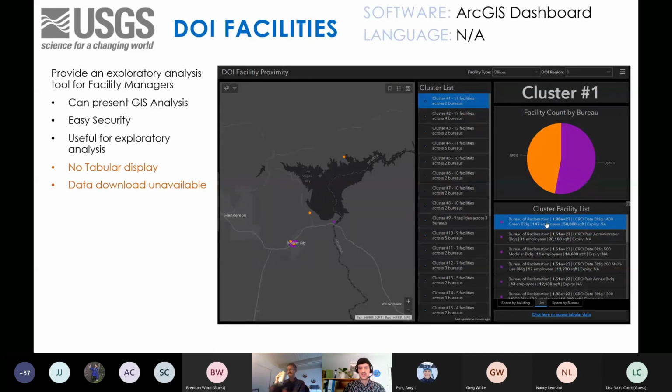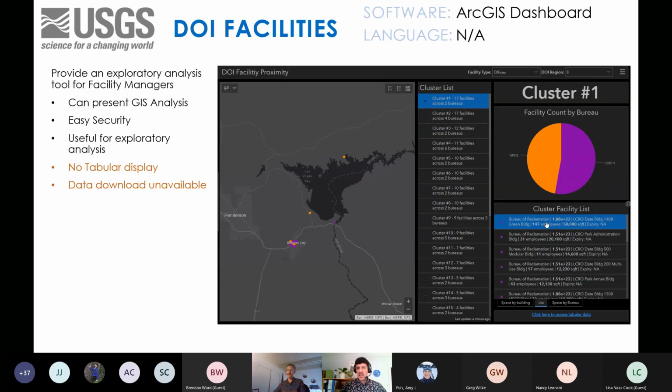So I did a clustering analysis, a GIS analysis that's part of that pre-processing side that Jeff mentioned. And then I put that data in these cluster formats into the dashboard builder. It's super easy to put in geospatial data. It can also pull tabular data from that and tie it back into the map, so you can use the map for navigation. That was nice for people to see; they didn't realize that other bureaus had facilities out here. We're looking at Lake Mead right now, for example.